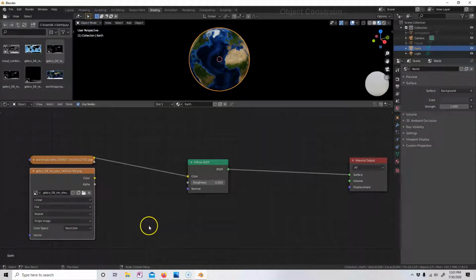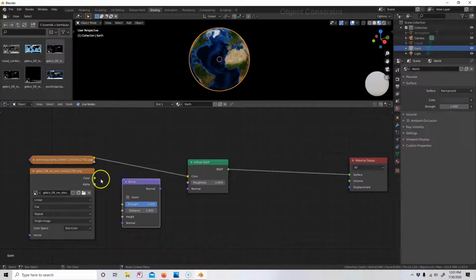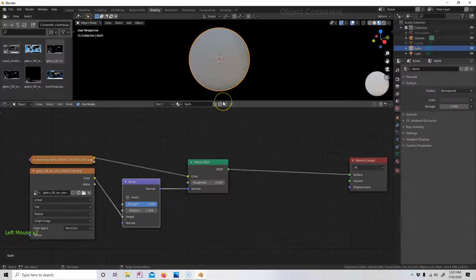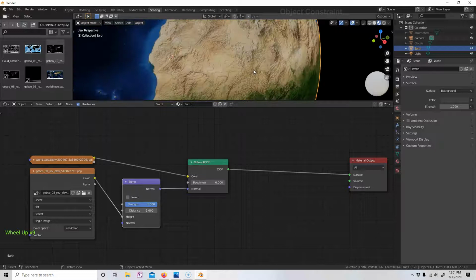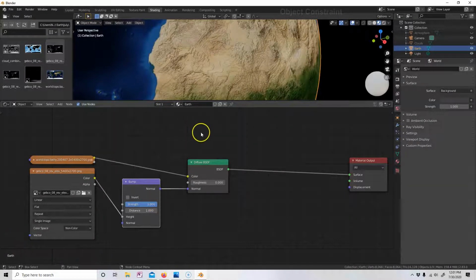Non-color data we need to add, because this is a black and white image or even a color image, doesn't really matter as long as it's not one of those purple ones. We have to add a bump map: vector, bump, color to height, normal to normal. And if we zoom in real close here, we can see the difference. No bump, bump. And so you can change that however you want. It doesn't change the geometry, it just adds fake detail. So now that we got that going on,